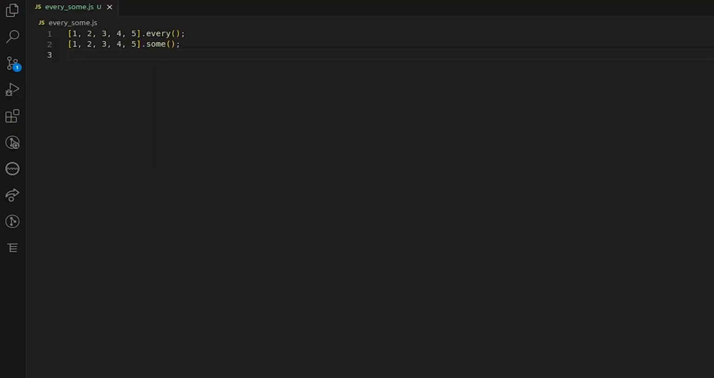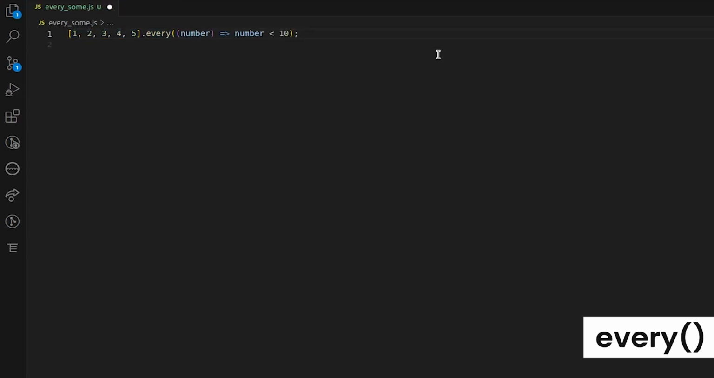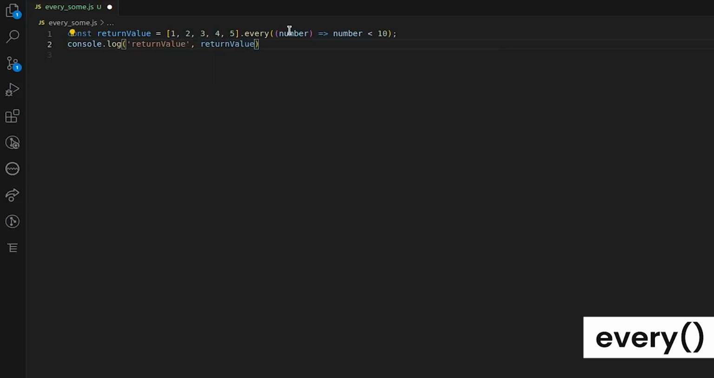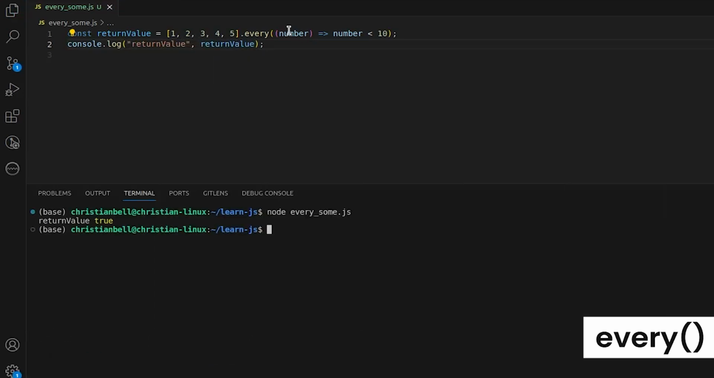So, for example here, one common use case, let's start with every, is to determine if every element in an array is, let's say, above or below some threshold. So here we have an array of numbers, and our callback, our predicate function, is checking if each of those numbers is below the number 10. So this is our predicate function. What's it doing? It's checking if each number is below 10. So in this case, 1, 2, 3, 4, 5, those are all below 10. So we would expect the return value to be true,